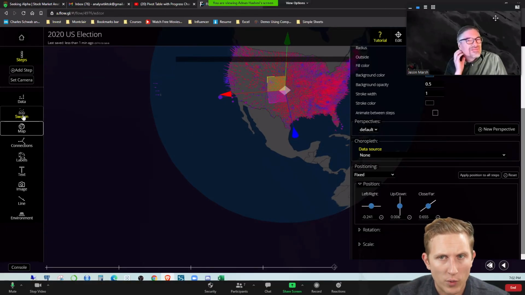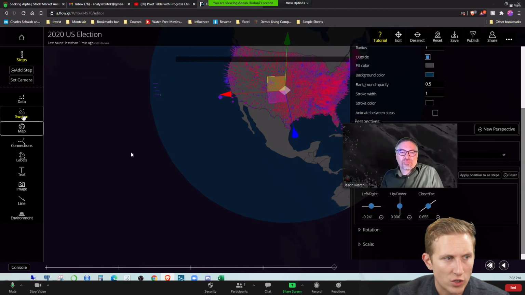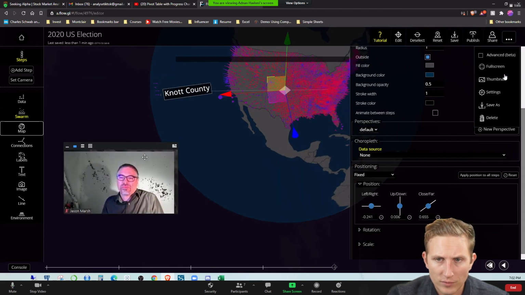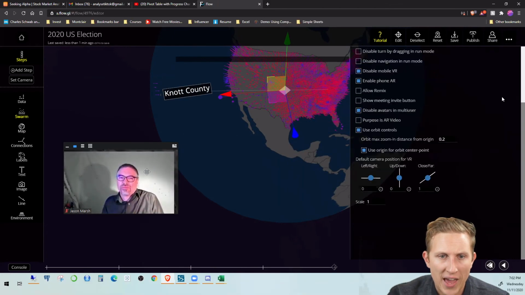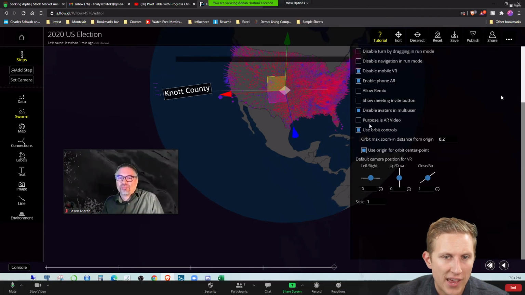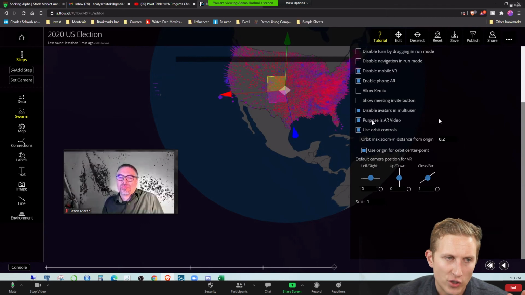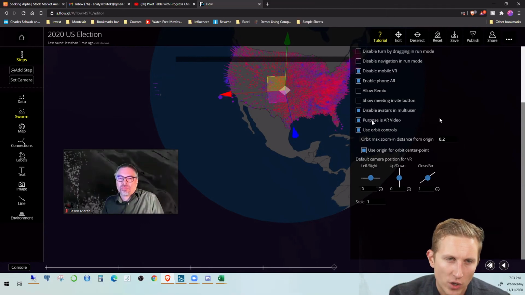The only other thing I wanted to highlight, and this is actually something Josh has started to use as well, is if you click on the three dots and click on settings, we added a new setting called Purpose is AR Video. It's down there in the bottom. And what that does is it actually turns the background black. It makes all of the